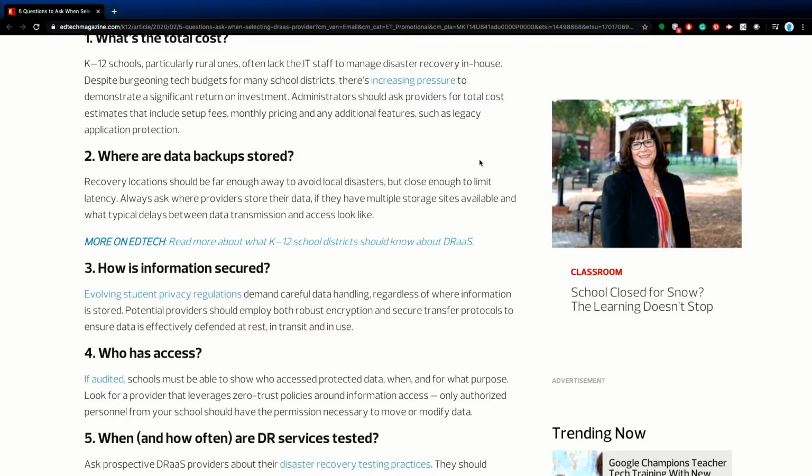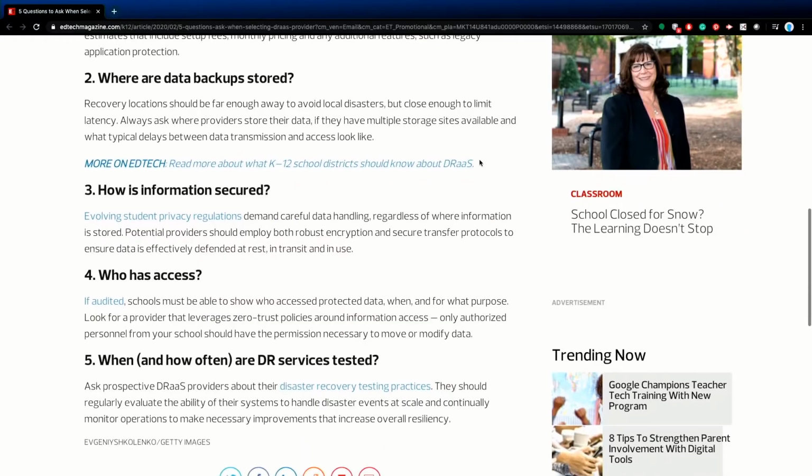Nurses' logs, immunization records, even an IEP document is technically a health record, right? So where is that data being stored is a very critical question I think you have to consider. The third was how is the information being secured, right? It's one thing to ask where it is being stored, but now how are they protecting that information? Is it encrypted? Is it accessible by the internet? All that is stuff they're going to have to consider.